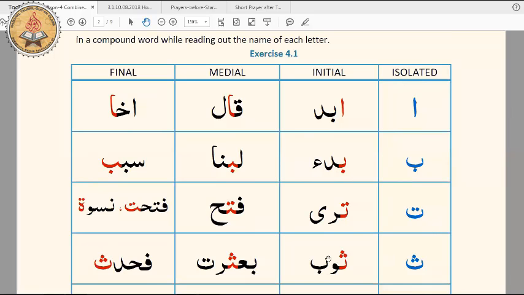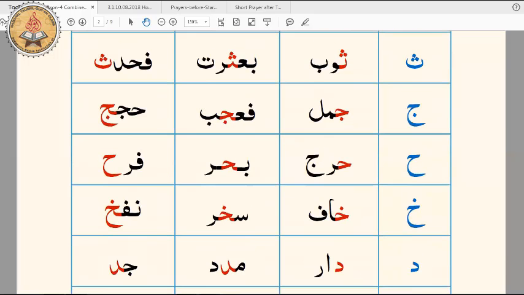Brilliant. Okay, so we've gone through these first 4 letters. Okay, we're now going to move on to the next 3. Okay, so if we have another student, let's see. Someone from the Nasirat perhaps now. Okay, we have